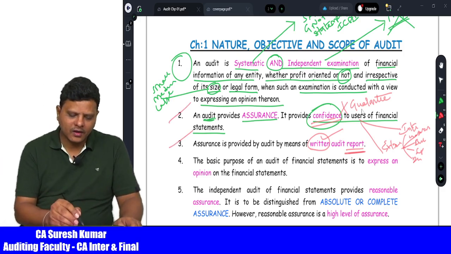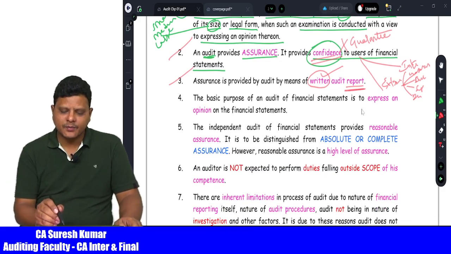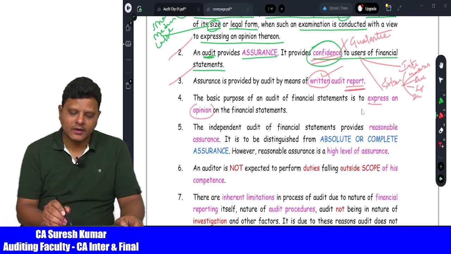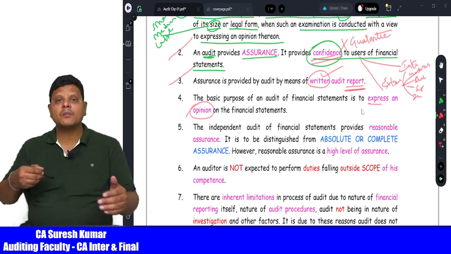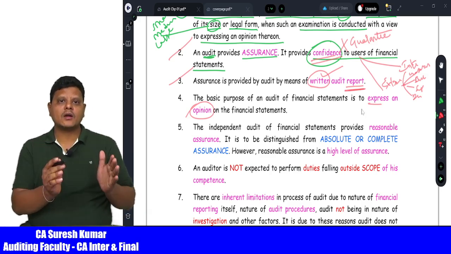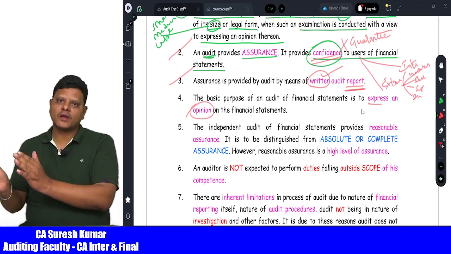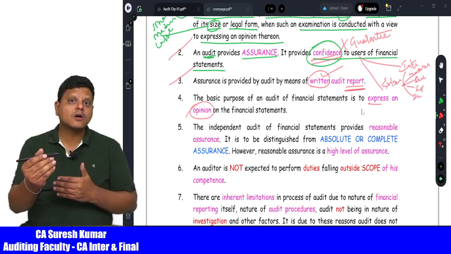Now coming to another key point for examination. The basic purpose of audit of financial statements is to express what? An opinion. That's what we told earlier also. I am doing audit to give the opinion. So the main object of audit,